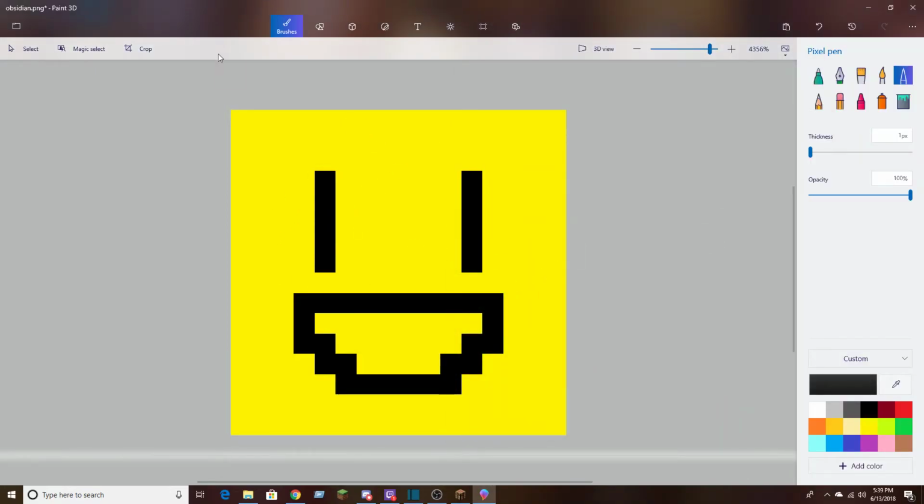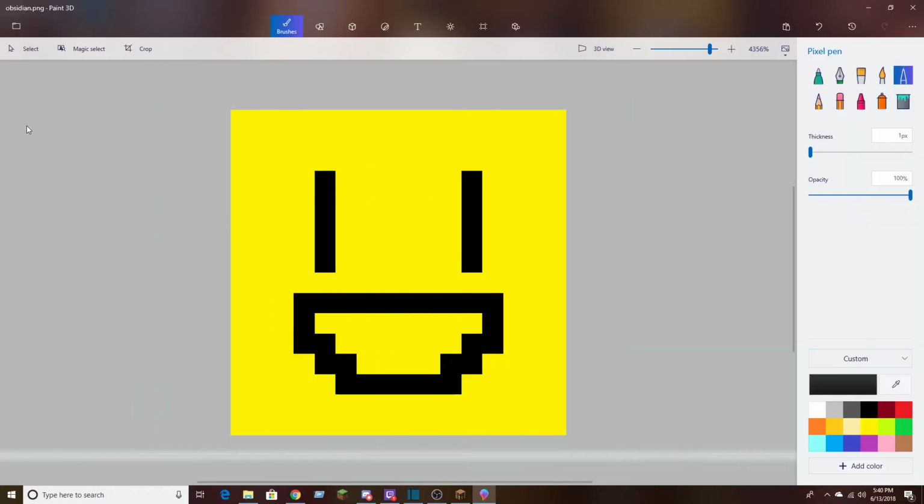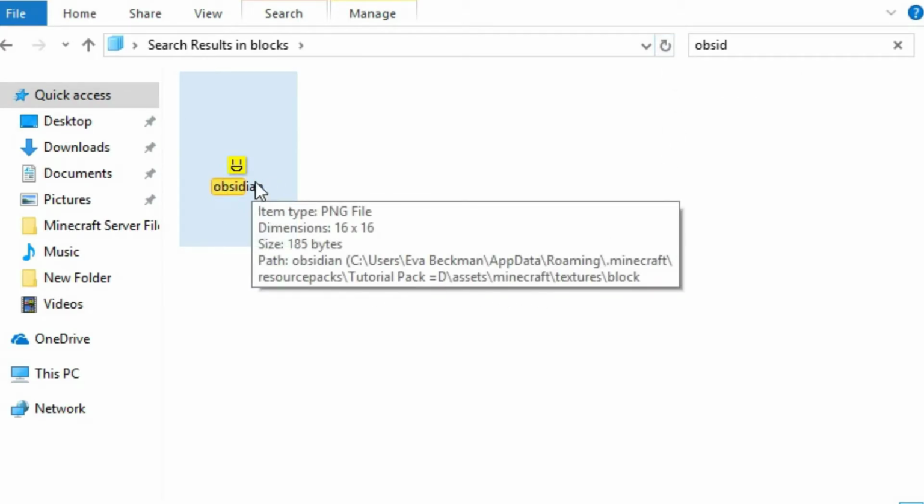Okay, once you have textured your block, what you want to do is open your menu and save your block. You can save as, which I will show you how to do in a minute. But currently I'm just going to do the save button because I am editing directly from here. And then if you click this little refresh tool, what you'll see is your new block, and it should be